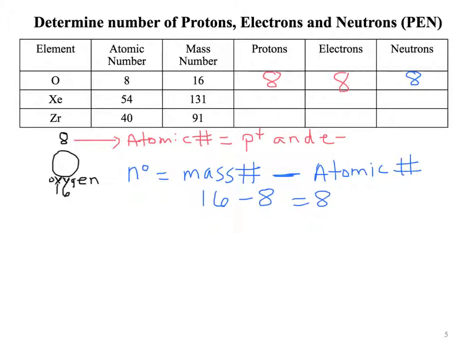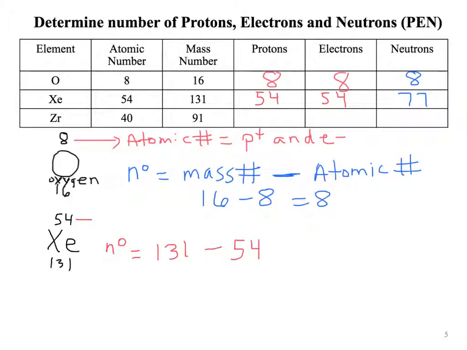Alright, so let's do xenon. And our atomic number here is 54, and our mass number is 131. So our protons and electrons are the same as your atomic number of 54. But our neutrons is the difference. So neutrons is mass number 131 minus our atomic number of 54. We get